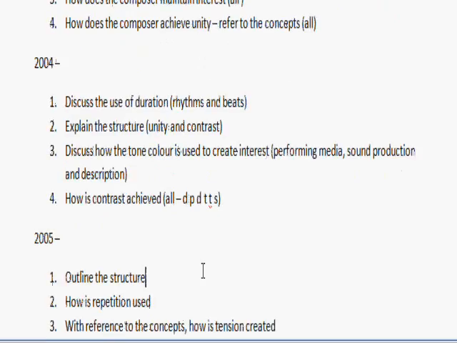2005, outline the structure, unity and contrast. How is repetition used? What does repetition create? Unity. Repetition is another word for unity. So if we go back up the top here,